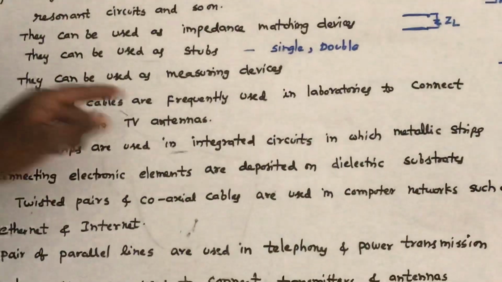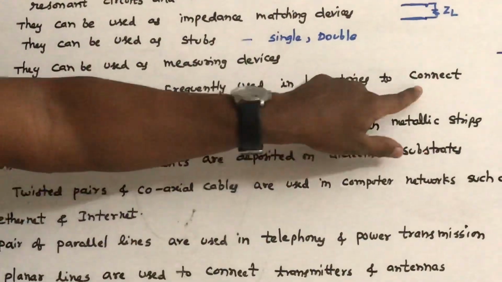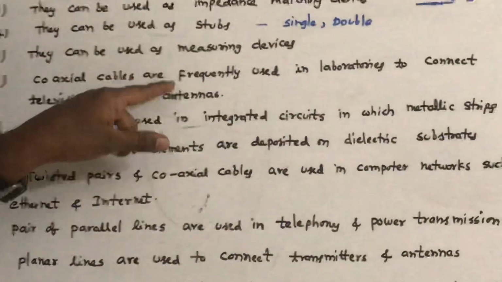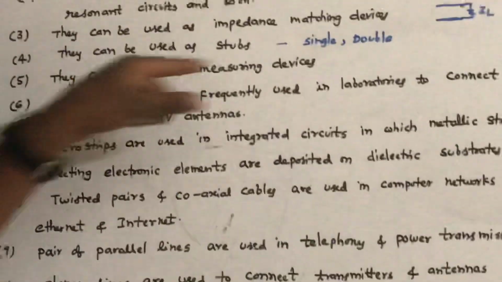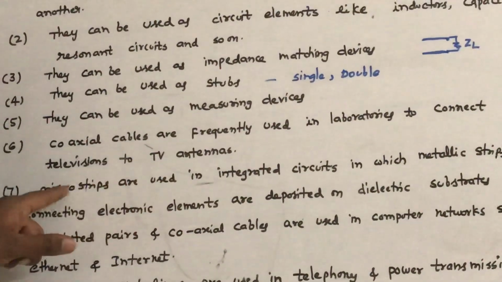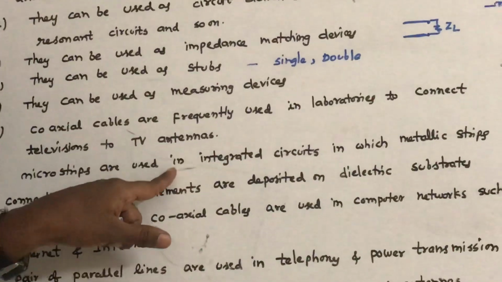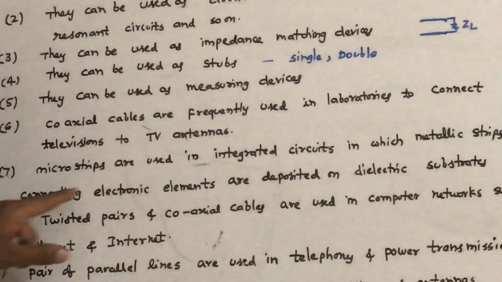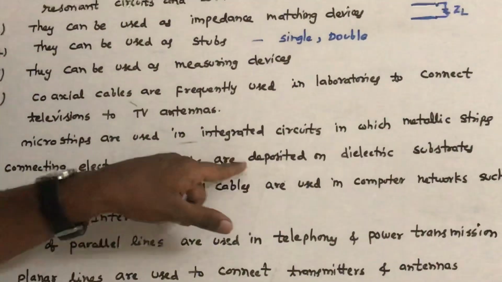Coaxial cables are frequently used to connect televisions to TV antennas. This is a general application of coaxial cables. And microstrip lines are used in integrated circuits, in which metallic strips connecting electronic elements are deposited on